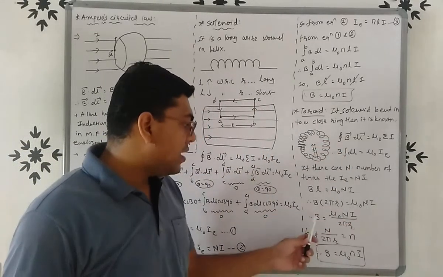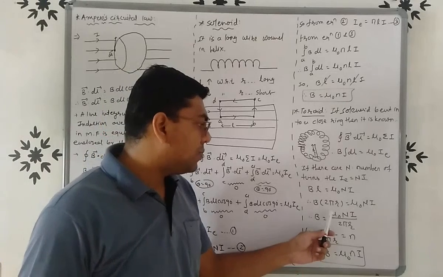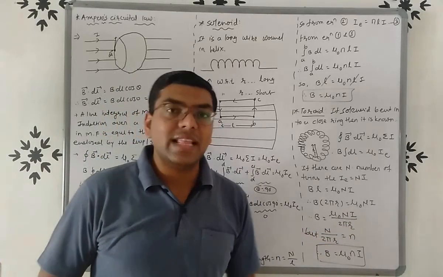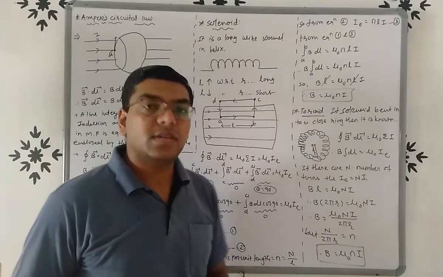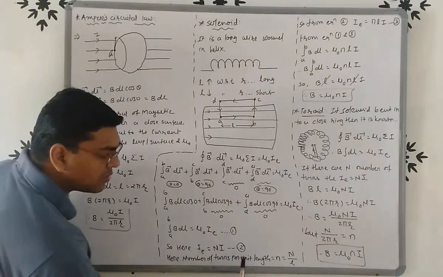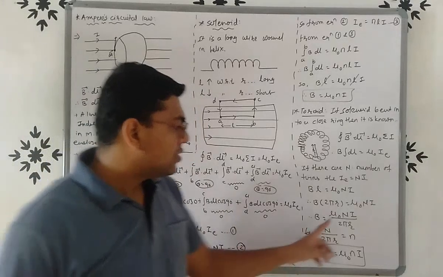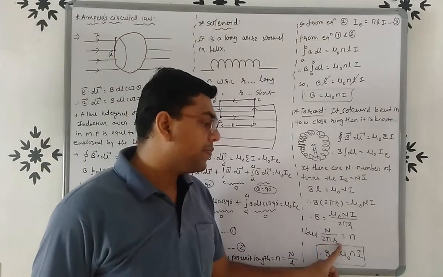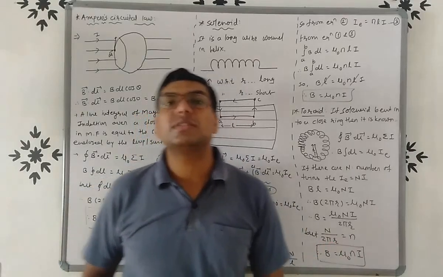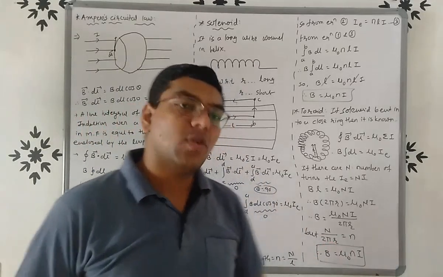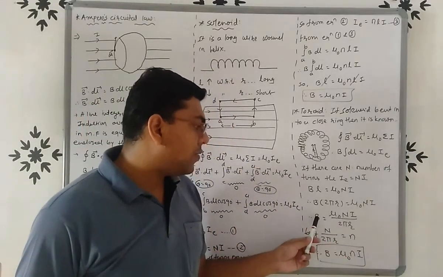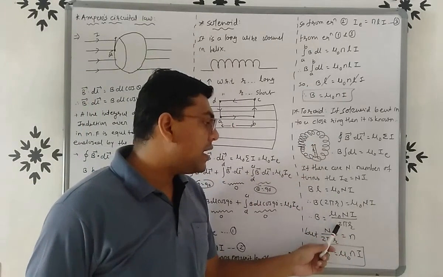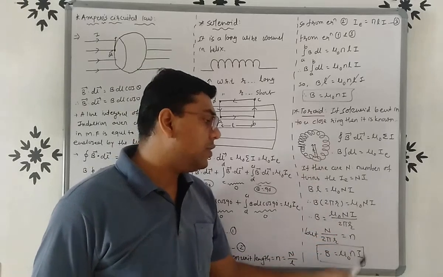To find out B, we formulate B. So B is equals to mu 0 capital N I upon 2 pi r. But 2 pi r is length, capital N is number of turns. So we already know that the number of turns per unit length is small n. So number of turns capital N upon unit length, that is 2 pi r, is known as small n, because number of turns per unit length is small n. So the formula of magnetic field for toroid is B equals mu 0 capital N upon 2 pi r, that is small n into I.